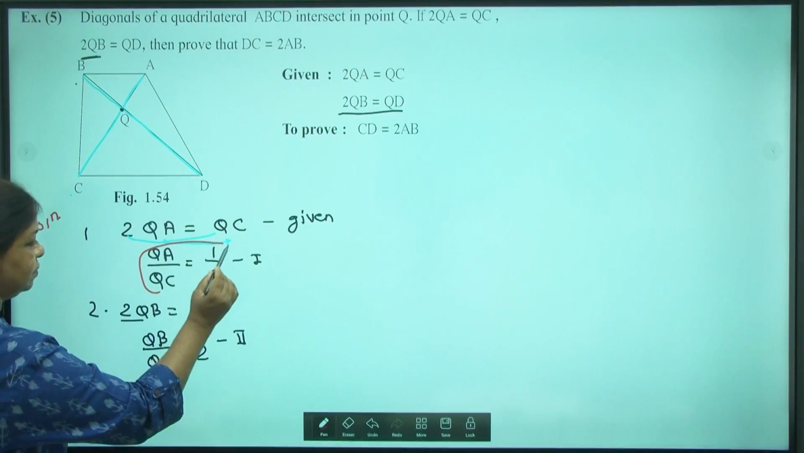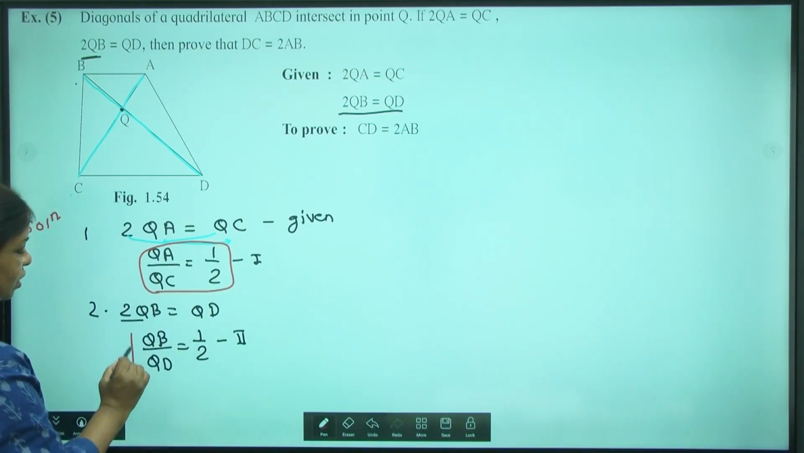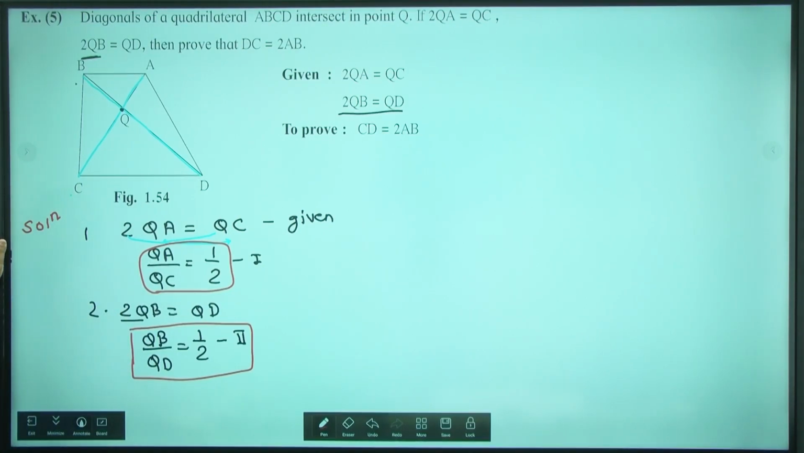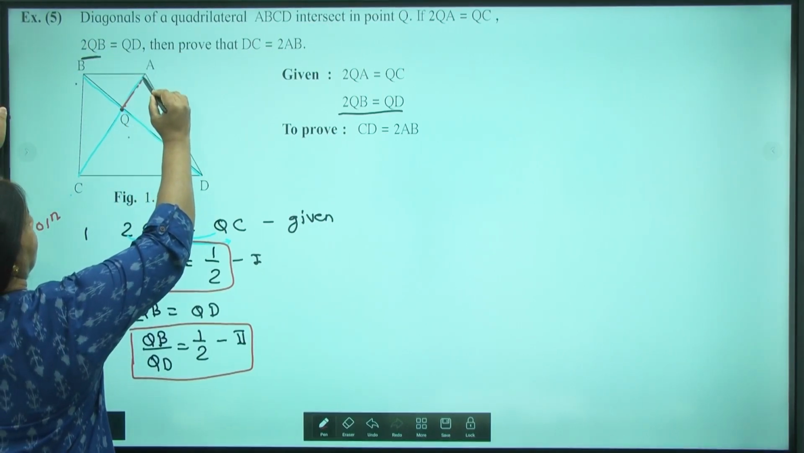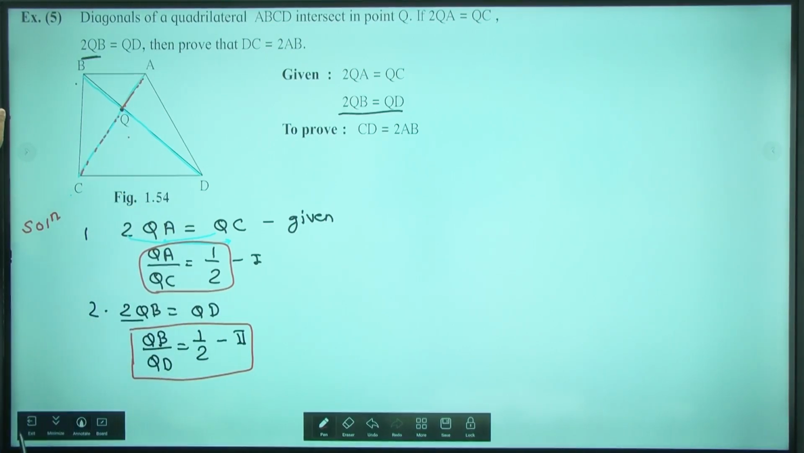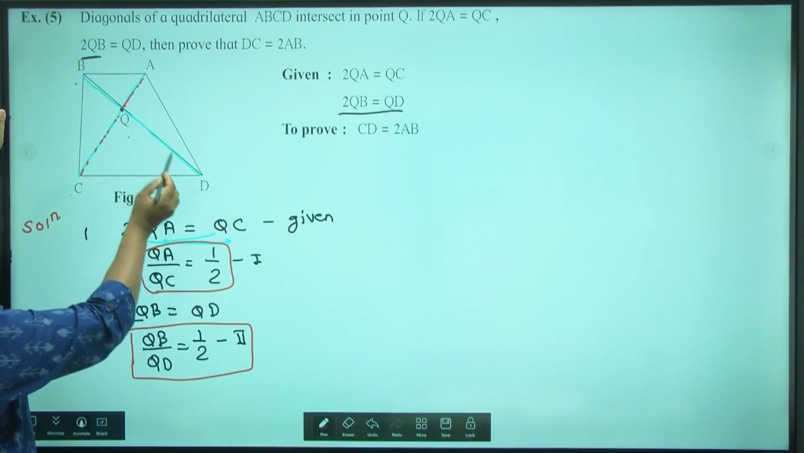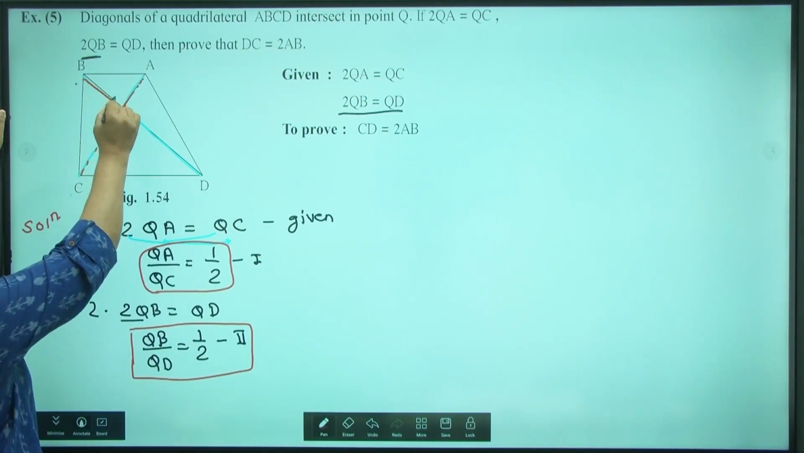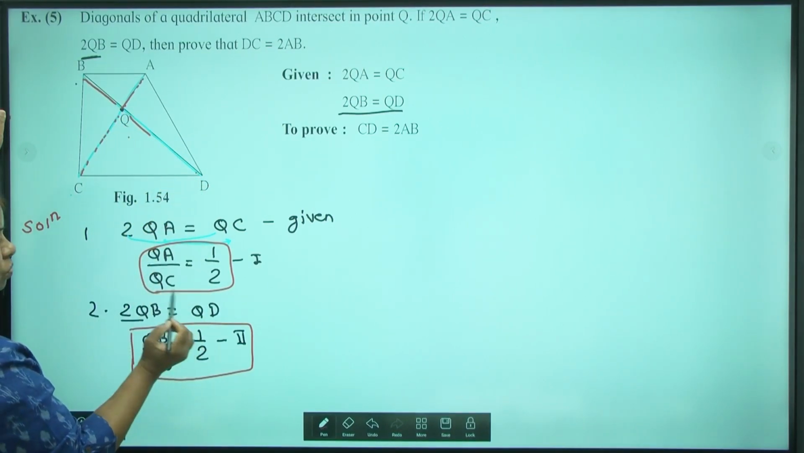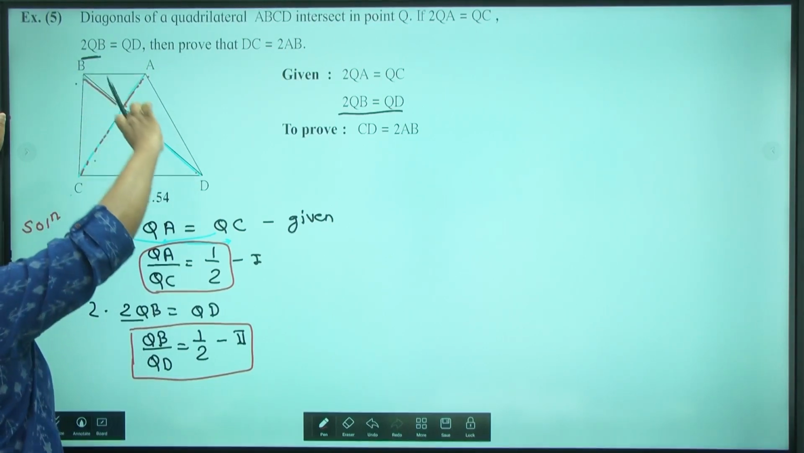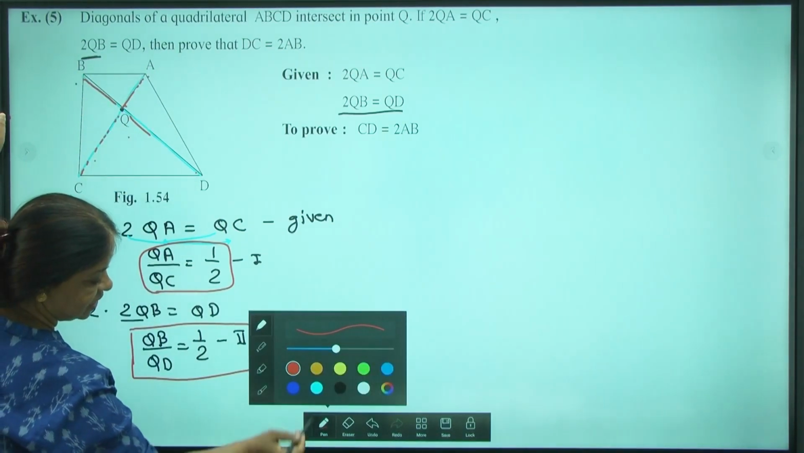This is equal to this. Clear? So we got QA upon QC is equal to 1 upon 2, and QB upon QD is also equal to 1 upon 2. Means this upon this is equal to this upon this, and we can say, children,